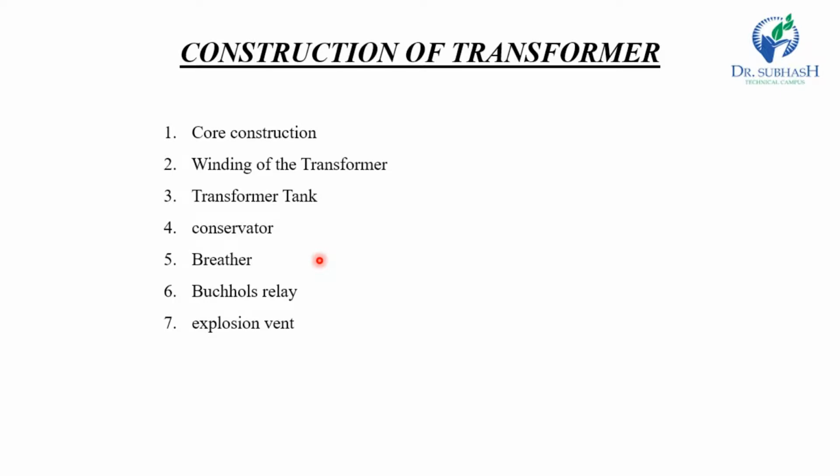This air carries moisture which contaminates the oil, and thus the quality of the oil deteriorates. For eliminating this moisture content, the breather is filled with silica gel, and the main function of silica gel is to separate moisture from the oil and maintain the quality of the insulating oil. Initially the color of silica gel is blue. As it absorbs moisture from the oil, it turns pink.